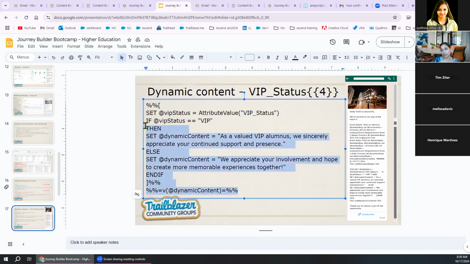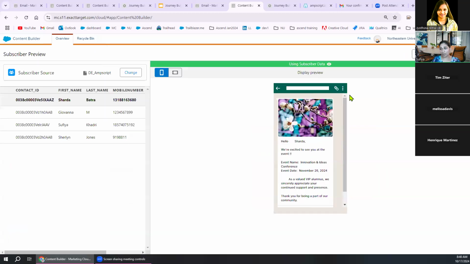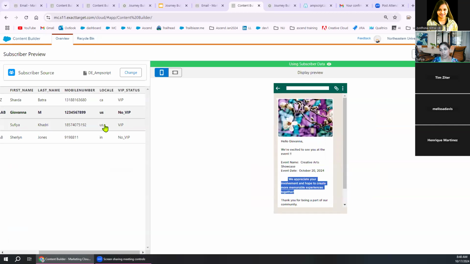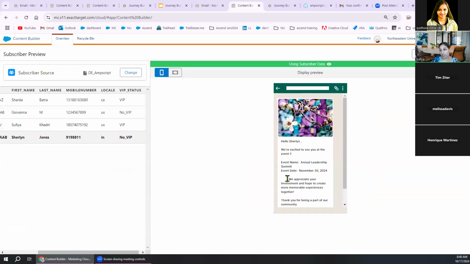So what I'll do is I'll directly copy paste this one and go back to my content builder where I have pasted my code. Let's look into it. Okay, awesome. So if it is a VIP, it's displaying this message, and if it is a non-VIP, we see a different message. So this way you can leverage AMPscript